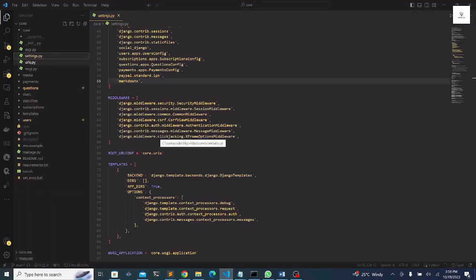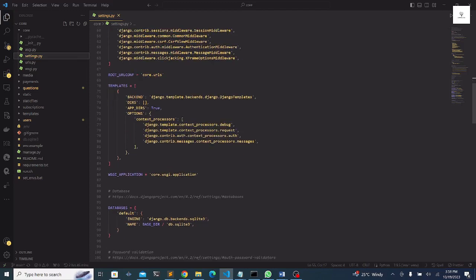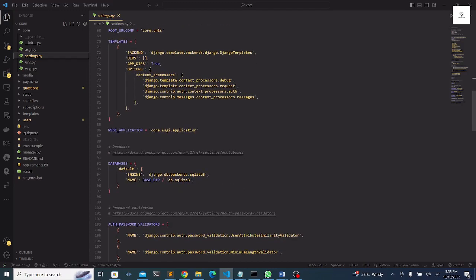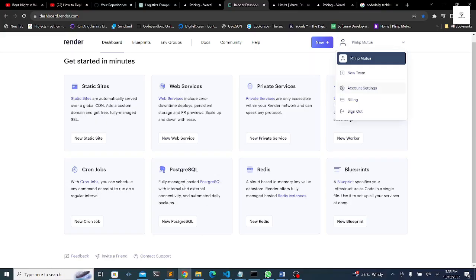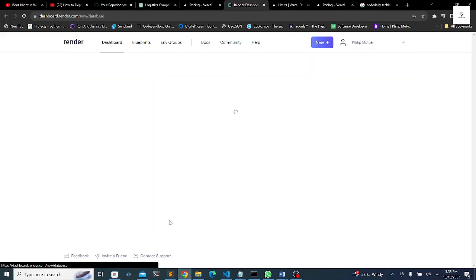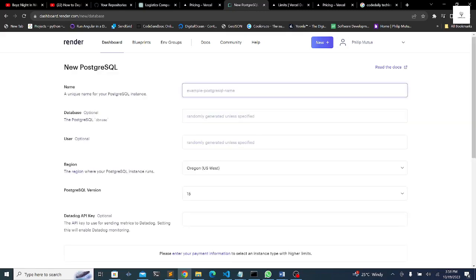Alright guys, now let us set our database. So for our database, we are going to change a couple of things. When you navigate to your settings.py file where the database variable is, we're going to change all of this and make sure that we add our Postgres setup. We are going to use Postgres. So let's create our database, and then just name your database any name that you want. In my case, I'm going to call it Algo Atlas,